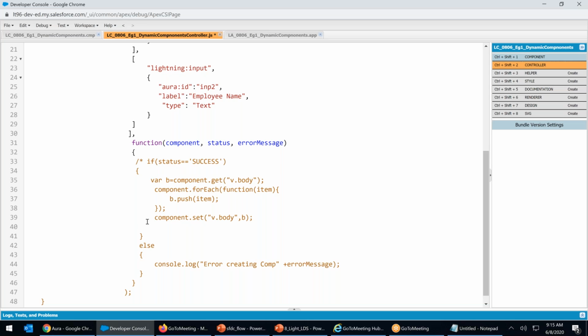Sorry, line number 35 to 39. Yes. Okay. So inside this you want to see, right? Control S. See if the structure is working fine or not.